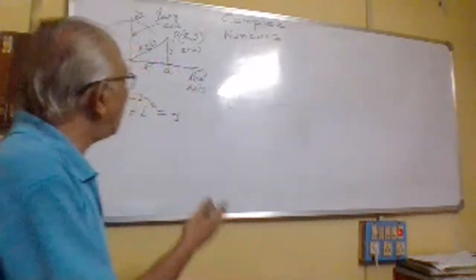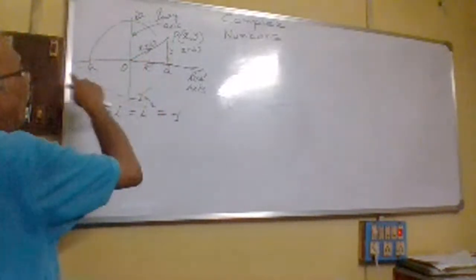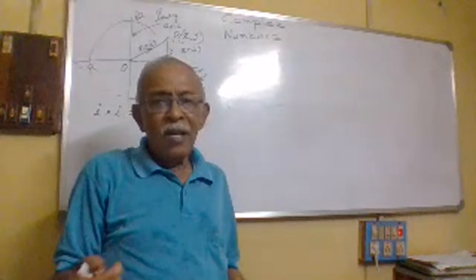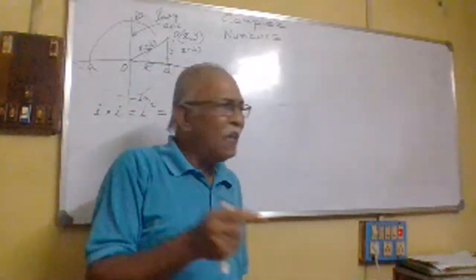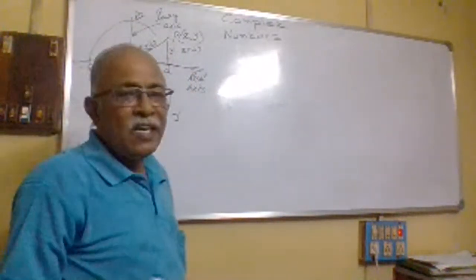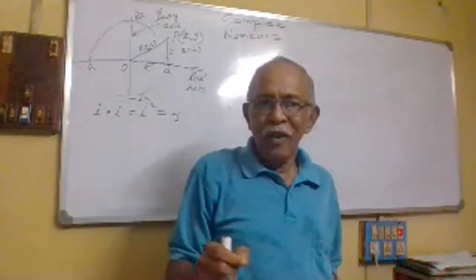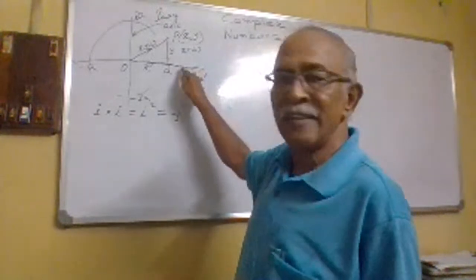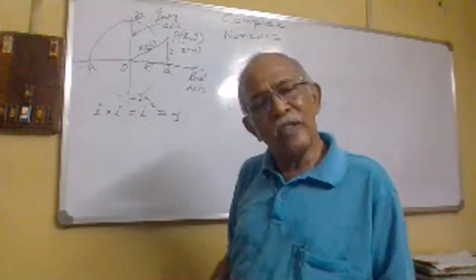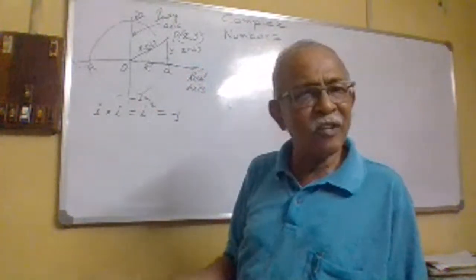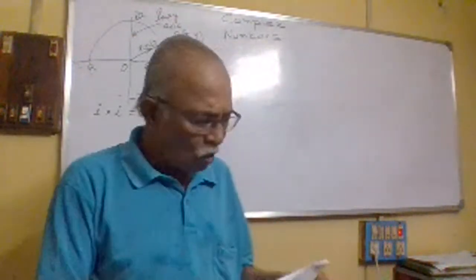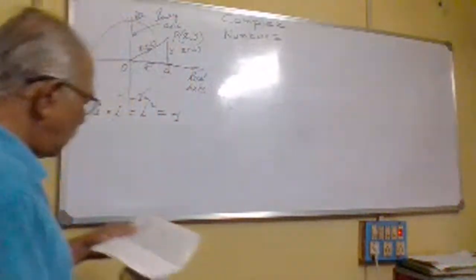Now for complex numbers, we are getting a plane, the xy plane. In this plane, any point is a complex number. Any point on this plane is a complex number. So the point which belongs to this real axis is also there, so that is also a real number, and also a complex number. So from here, what we are getting,